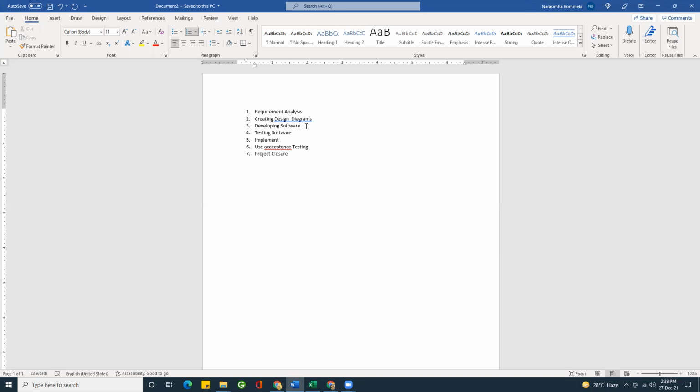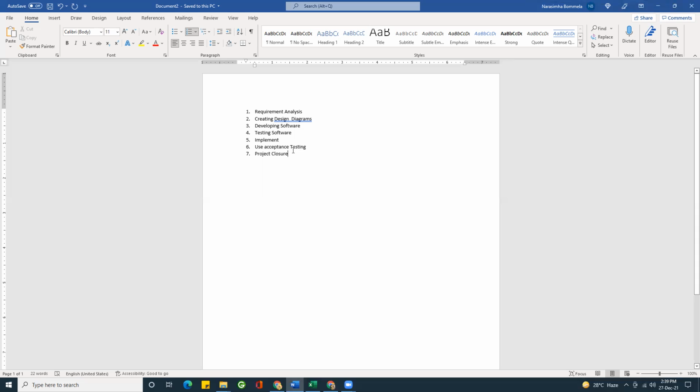After completing the development of the software, we will perform the testing activity. For this, we need a software tester, who will test the software and identify the bugs, errors, and whether the system is working properly or not. Once it passes the testing phase, the software can be implemented at the client location. After successful implementation, it will be tested for user acceptance, meaning the client acceptance, how happy the client is about the software. When the client accepts, the project will be closed.